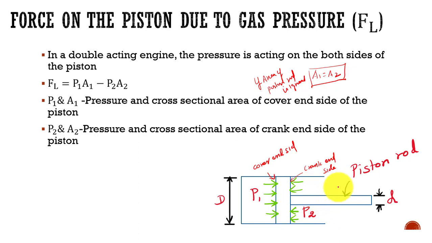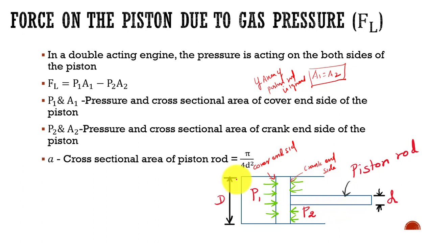On the other hand, if the dimension of the piston rod is given, the cross sectional area of the piston rod can be found, and then the load on the piston due to gas pressure can be found